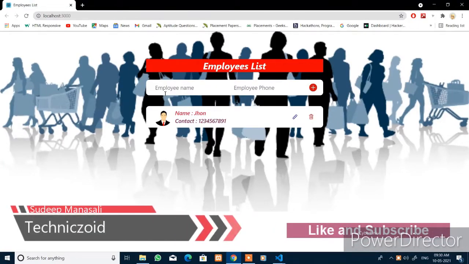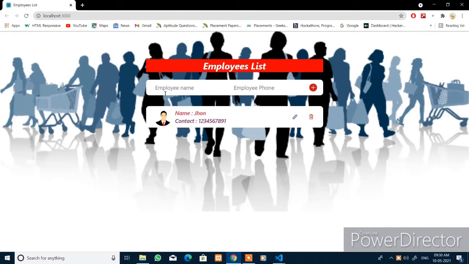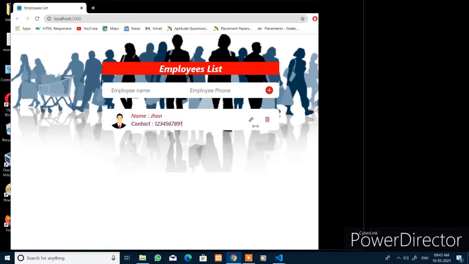Today I brought a new beginner project, the employee listing app, to learn the MERN stack and build RESTful APIs using Node.js and the Express framework. This employee listing app maintains the employees' records, where it collects the name and contact number of each employee and saves them in the database. In this project, you can learn all the CRUD operations that happen with APIs and the MongoDB database. The front end of this application is built with the React.js framework and React icons. This app is super responsive and fits all the different screens.